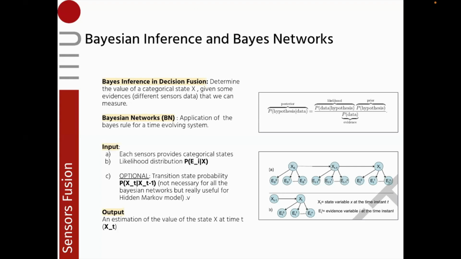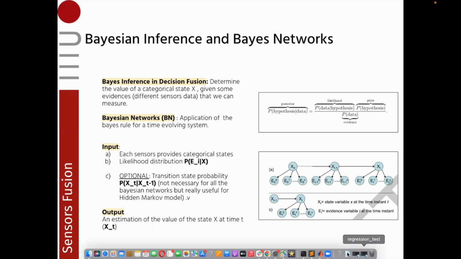Bayesian inference is the first decision fusion technique we are going to deal with in this presentation. In this slide, we are going to see how we can apply Bayesian inference in a decision fusion context and the Bayesian network, which is a framework built on the application of Bayesian inference and is particularly useful for time evolving state. So the Bayesian inference in this context is used to determine the value of a categorical state